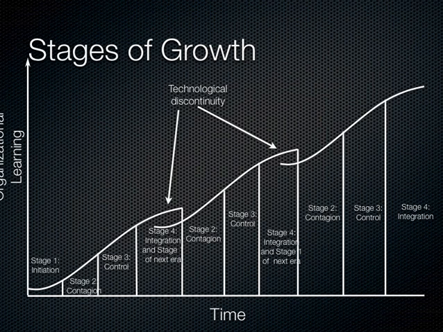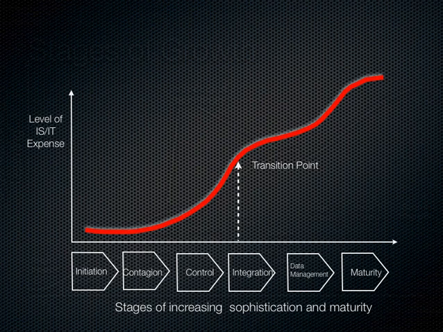It's both integration and stage 1 of a new curve. Now we combine all these curves together and it creates one big curve where we start looking at how the technology changes over time and the various phases it goes through. The stages at the bottom on the x-axis show the increasing sophistication and maturity of the technology. And we have those transition points that we can see along the way as we go from one kind of